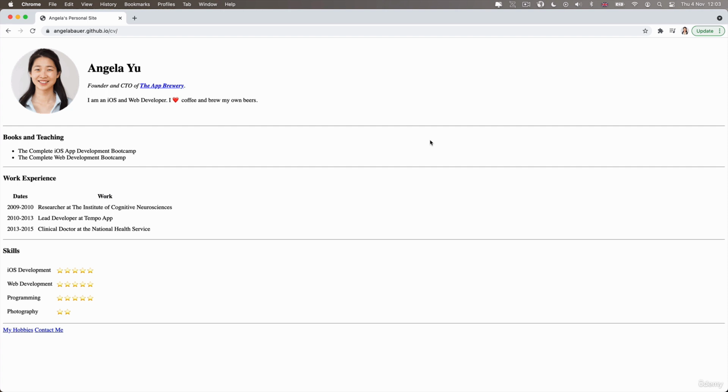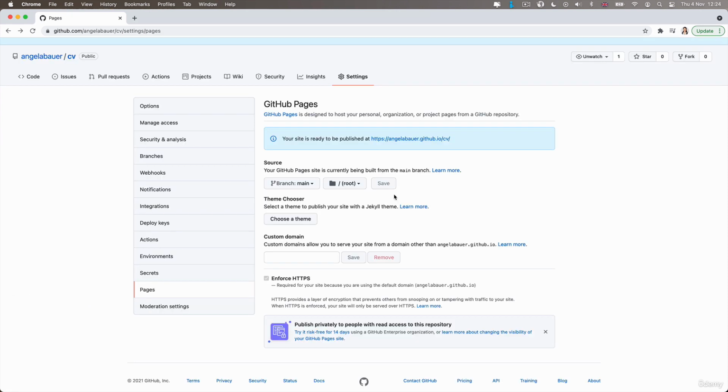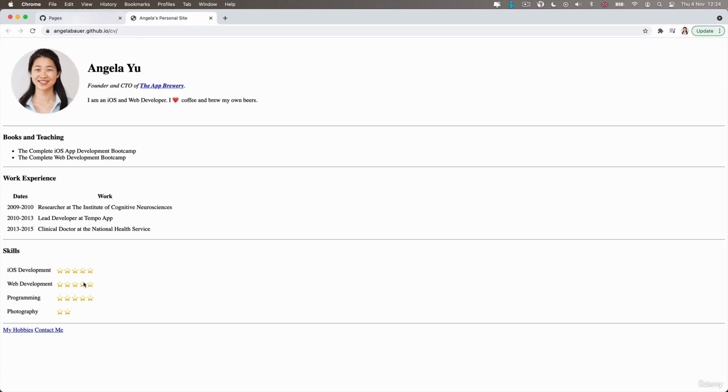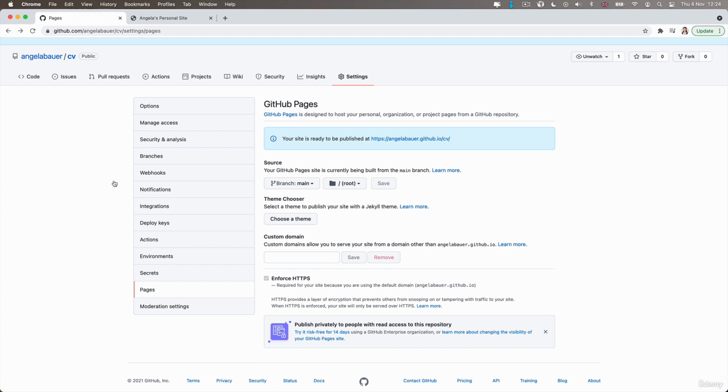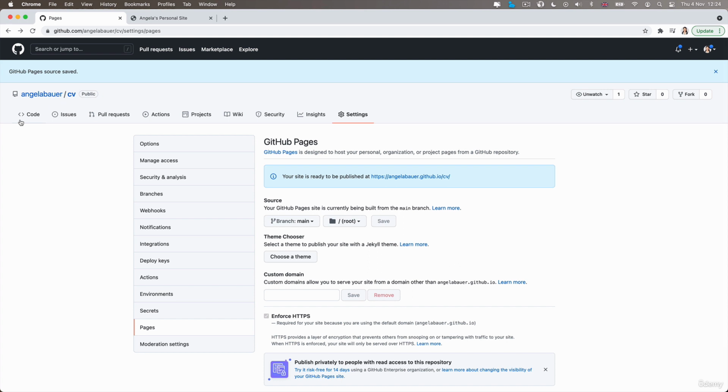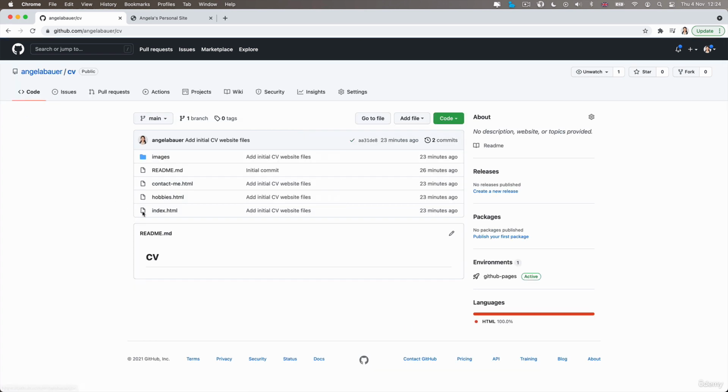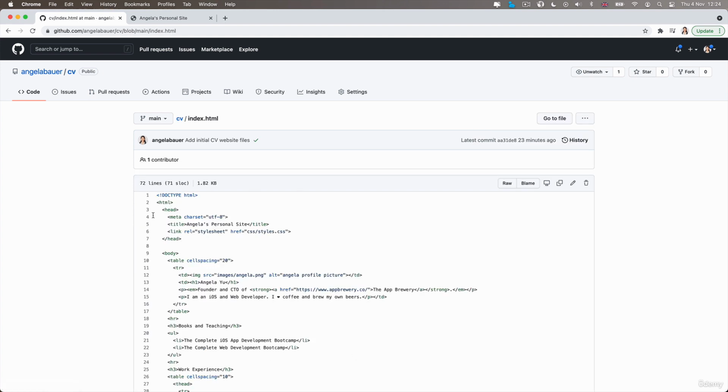So you can go ahead and go over to angelbauer.github.io/CV, and you too will be able to see this website that I just uploaded and I'm looking at right now. Now, if after half an hour you click on this link and it still doesn't show your website, or there are some inconsistencies on it, then you might have to troubleshoot your setup because you might have made a mistake somewhere. The first thing I want you to check is to go to the Code tab here and make sure that your file, which is your home page,